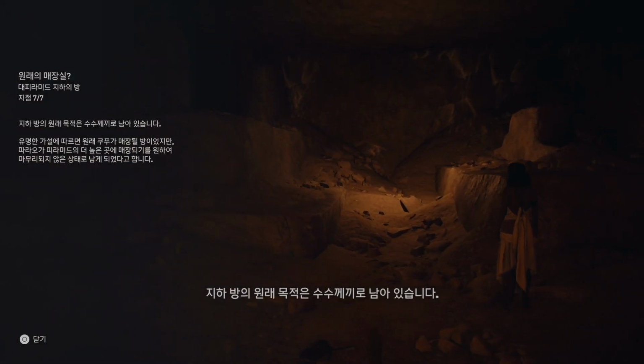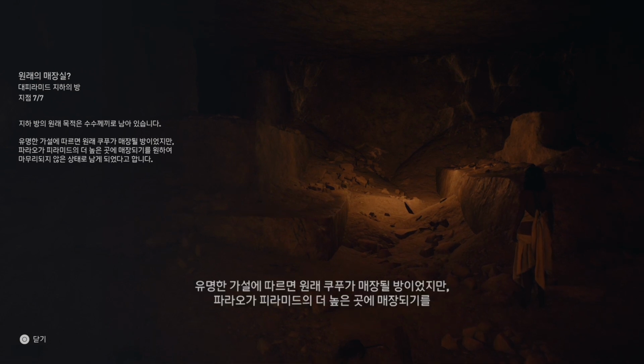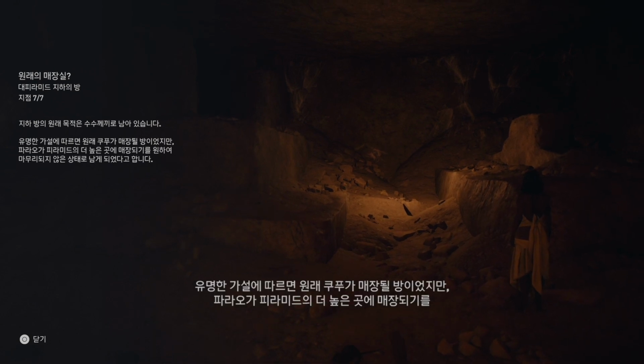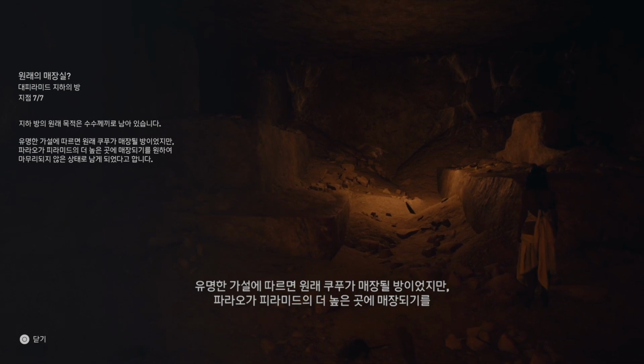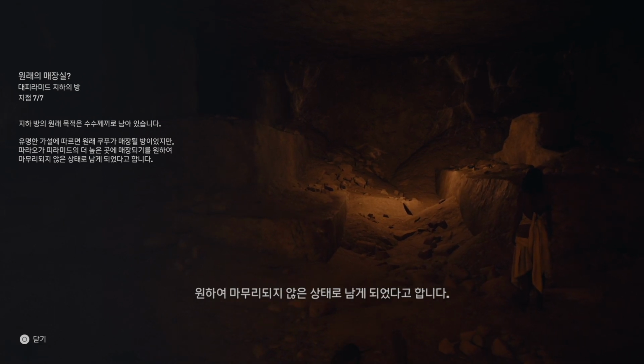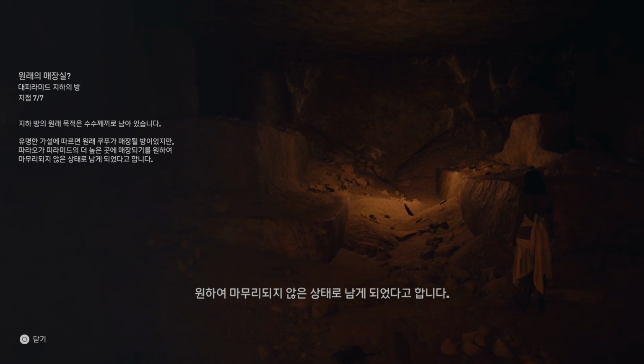The Subterranean Chamber's original purpose remains a mystery. One popular theory is that it was originally meant to be Khufu's burial chamber, but the pharaoh changed his mind, preferring to be buried higher up in the pyramid, which would explain the chamber's unfinished state.